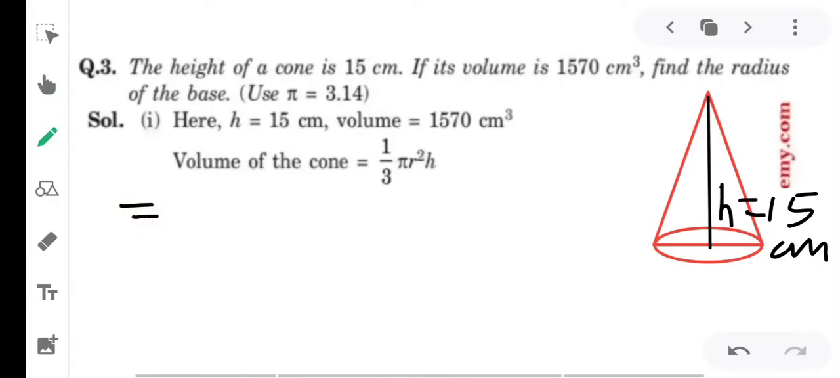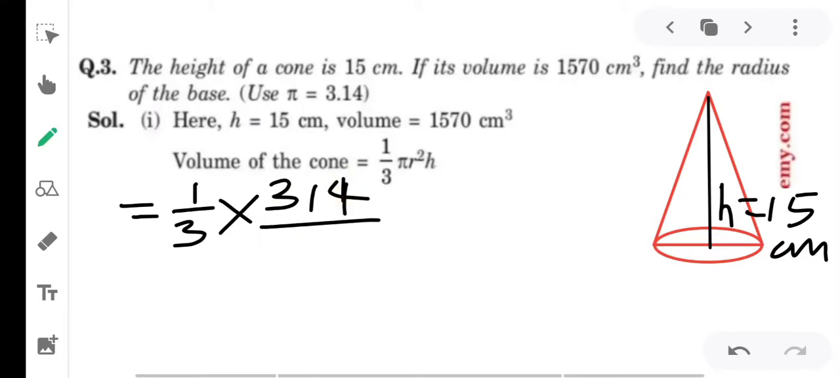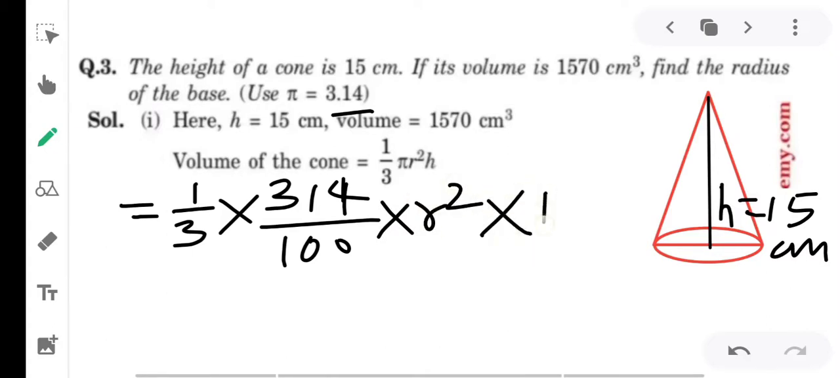We can write 1 upon 3, right? 1 upon 3 multiply 3.14. So 3.14 we can convert into the fraction, right? 314 divided by 100, right? Because after the decimal there are 2 places. यहाँ पर आप देखेंगे तो 2 places हैं. And radius we have to find, right? And the height is given 15 centimeter, right? And the volume is